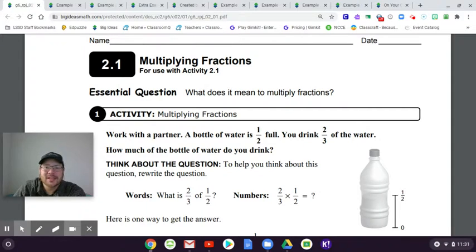Ahoy, pirates! Today we're going to do 2.1, which is all about multiplying fractions. Multiplying fractions is actually easier than adding or subtracting fractions. Way easier. So, by the time you get to the end of this video, you will be an expert at